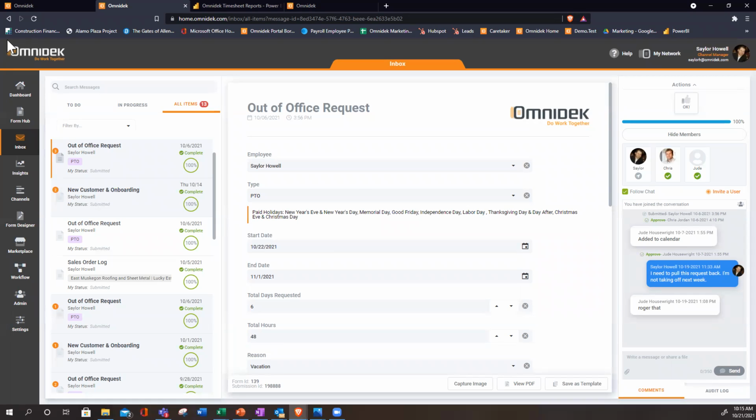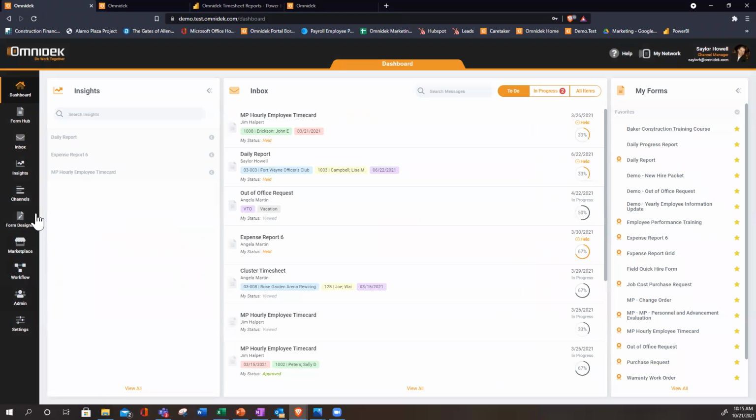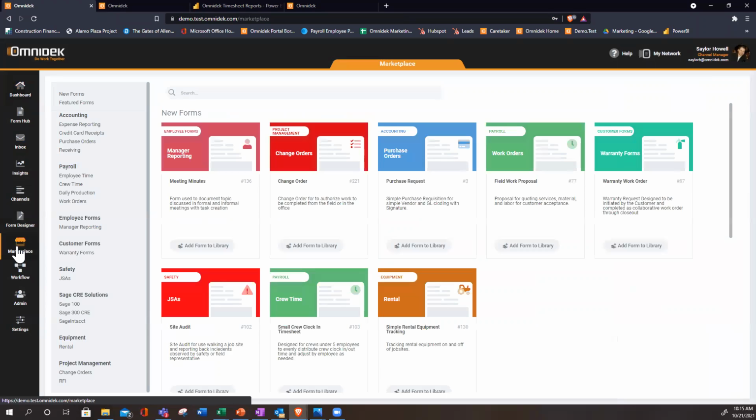So let's go into kind of how we would do that in OmniDeck. Most companies that start with OmniDeck, initially they think, oh my gosh, this does everything. Where would I start? Well, we're able to get most of our clients that have very basic processes, time collection, expense reporting, maybe a daily report or something, going in a couple of meetings, and they're up and running and live with their data. So typically where they start, we'll build a couple of processes for them and train them on it,